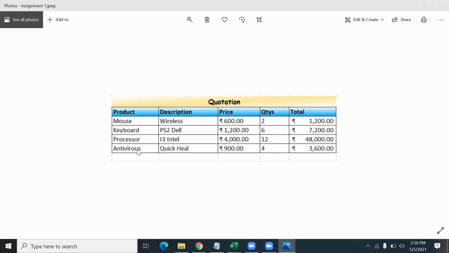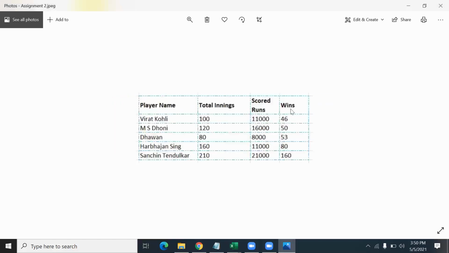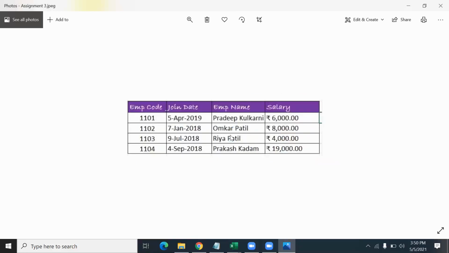Here you type the data, prepare the same table, the design you prepare as it is, and the currency notes, see how it looks. So here also make calculations and show me this result. One more assignment is prepare this one table where the borders are dotted and they are in a blue color. And third one is this one where you are typing employee data, the date format and the salary. So today we already discussed how to change the date formats and how to change the salary currency notes. So this way you prepare a one more table.